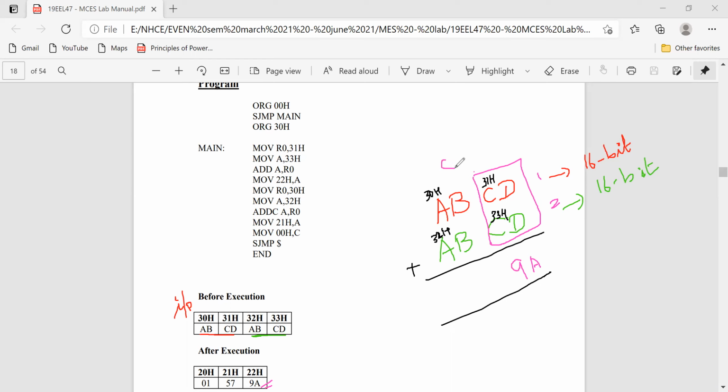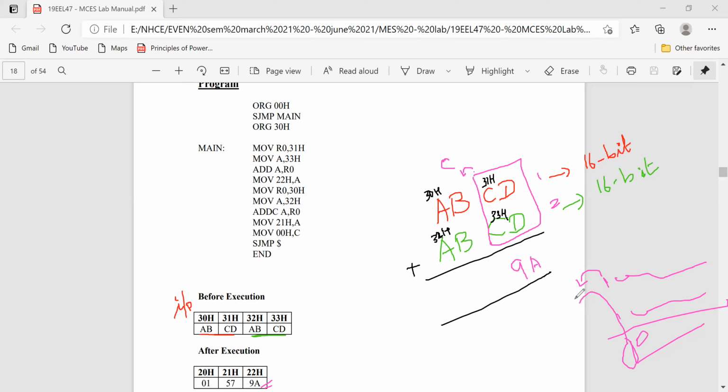If there is any carry, you should take care of it. That carry will automatically be pushed to the next higher byte. Because when adding two numbers in binary, 1 plus 1 is 10, so 0 and the 1 will be the carry.